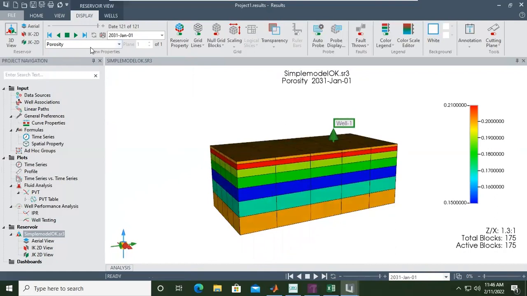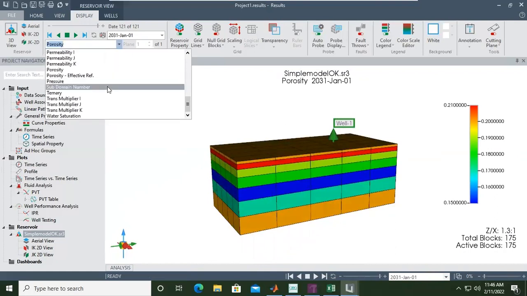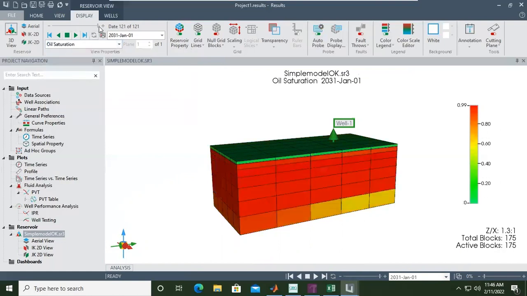Saturation is a dynamic property, of course, it will change. Pressure and saturation are dynamic properties, so they will change. Permeability and porosity are static properties, so they will not change. So we check oil saturation. You can see we have highest oil saturation here. Okay, play.